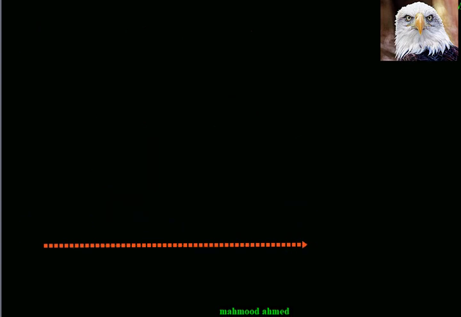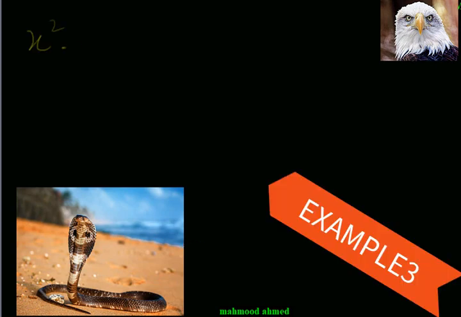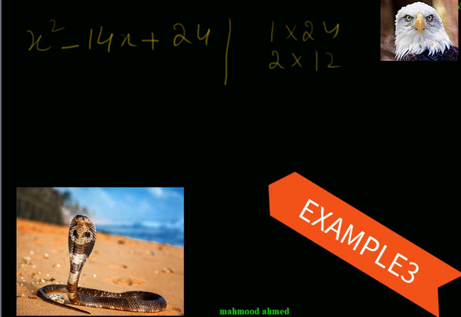And now I give you some other examples. x square minus 14x plus 24, and here you see again the product is 24, but I have to write all the combinations of the factors. So the first pair does not fulfill the given condition because here the sum is minus 14, and by taking the first pair